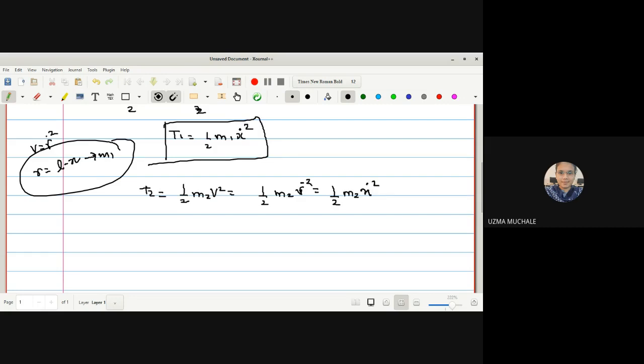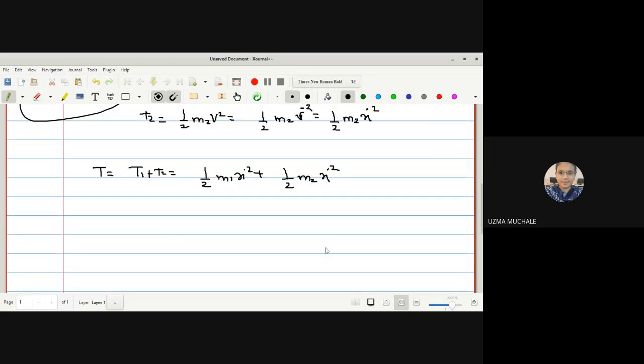m2 x dot square. Now, combinedly, I can write the total kinetic energy T1 plus T2 is equal to 1 upon 2 m1 x dot square plus 1 by 2 m2 x dot square, and hence I can have this as 1 by 2 x dot square outside, and inside we have m1 plus m2. This is what the total kinetic energy T is equal to, 1 upon 2 (m1 plus m2) x dot square, which is the required kinetic energy in this case. Okay, here it is a slightly different example, because here instead of having a single mass we are going to discuss two different masses, right?